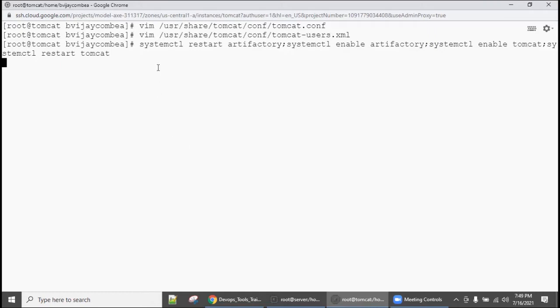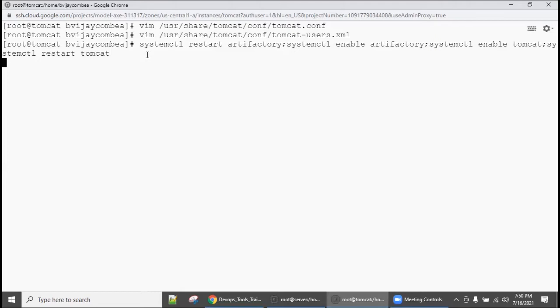Sometimes people will get an error, which means your machine capacity, minimum CPU, minimum RAM, is not sufficient. So don't panic. If you get an error, please make sure you have adequate RAM in that machine. The error will happen only if you have very little RAM in the VM on which you are trying to install Tomcat and Artifactory.